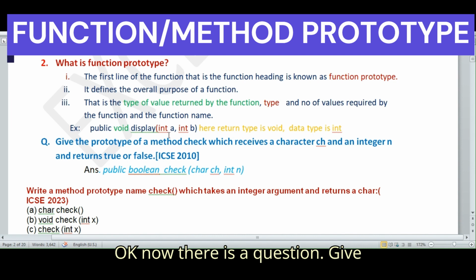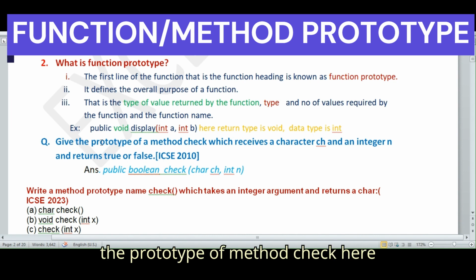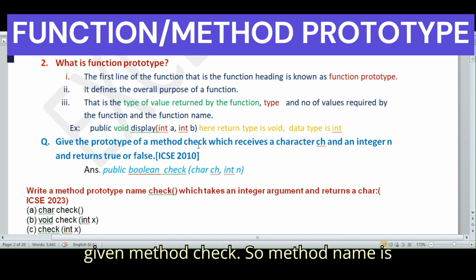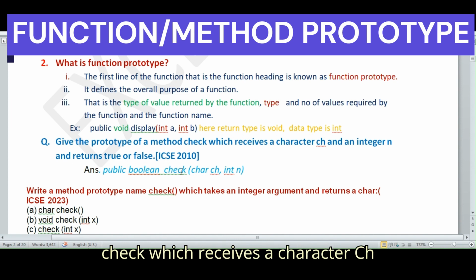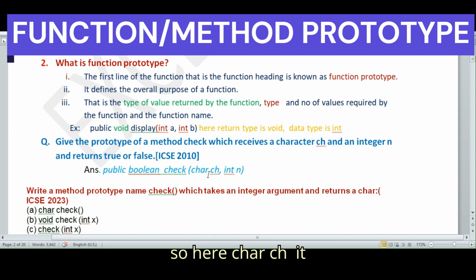Okay. Now there is a question. Give the prototype of method check. Here the method name is check, which receives a character ch, so char ch, and an integer n, so data type is int and variable is n.